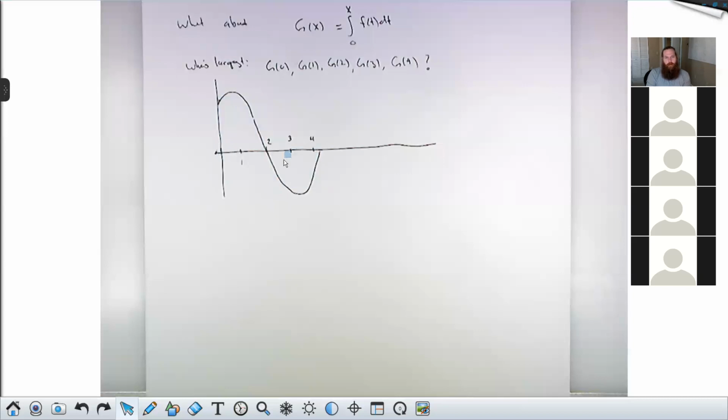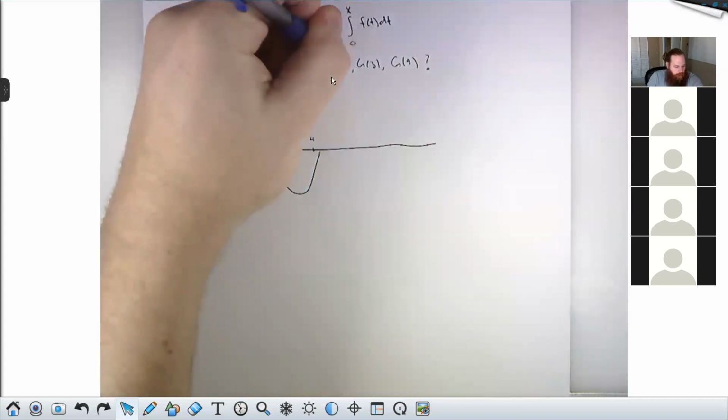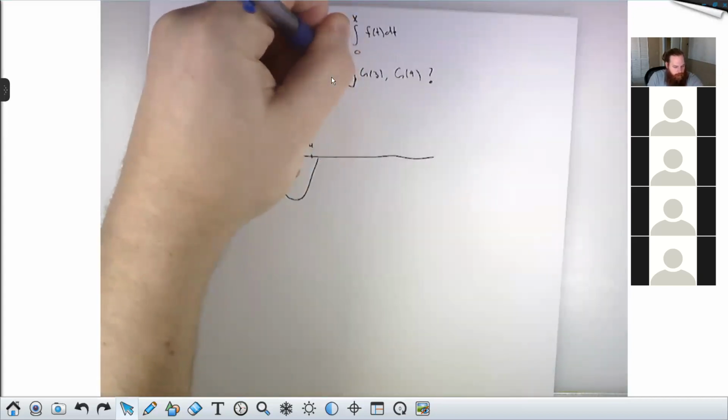If I go out to 3, I'll still have some of this negative area, which is going to subtract from this positive area. So the way to maximize the size of that integral is to get all of this positive area and none of this negative area. So G of 2 here would be the largest again, but for very different reasons, right? G of 2 is positive,